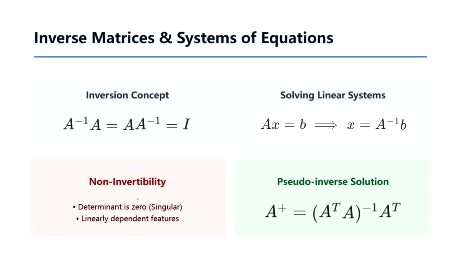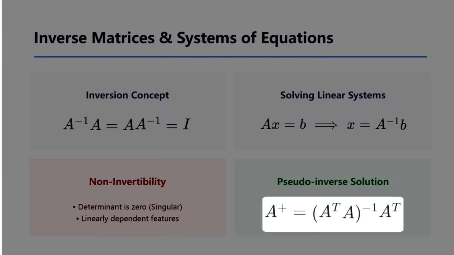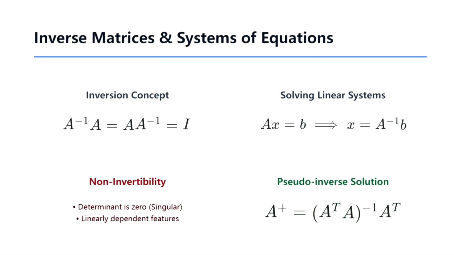This usually happens when our data features are linearly dependent or redundant. You can't invert a matrix that doesn't provide enough independent information. To handle these real-world messy datasets, we use the Moore-Penrose pseudo-inverse. It allows us to find a best-fit solution even when a perfect inverse doesn't exist, which is the secret sauce